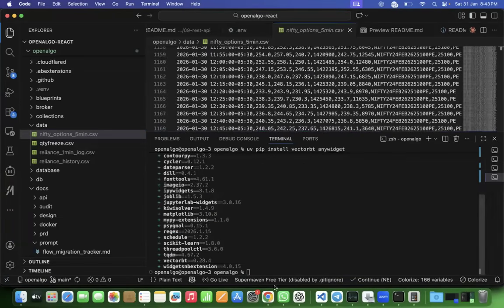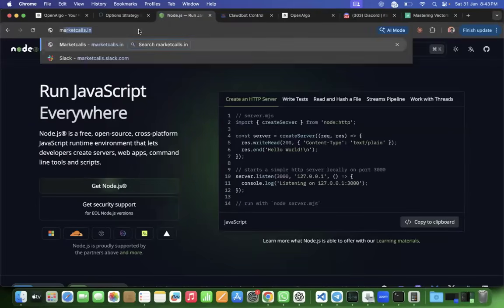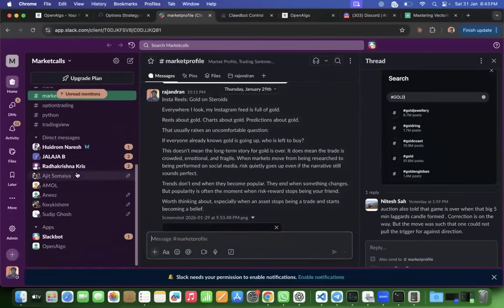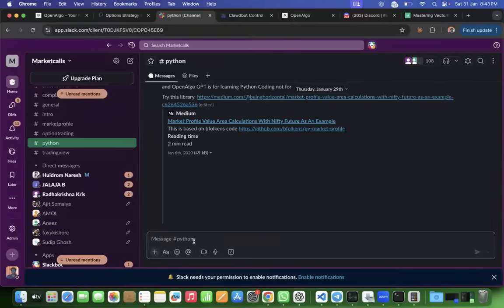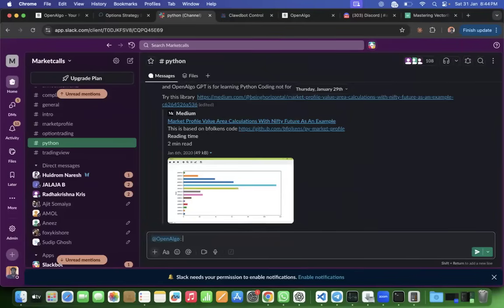So this is not the only place I connected. I connected my Slack as well. This is my private trading community, which we've been running for more than a decade now. So here we connected in Python. If I say @OpenAlgo, I can go and tag, can you write the